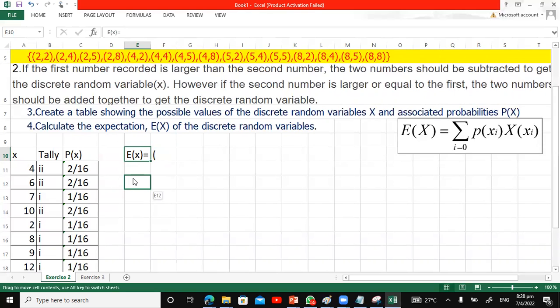Let me start this row. All right. So the first random variable we have here is 4. So it's going to be 4 times 2 over 16